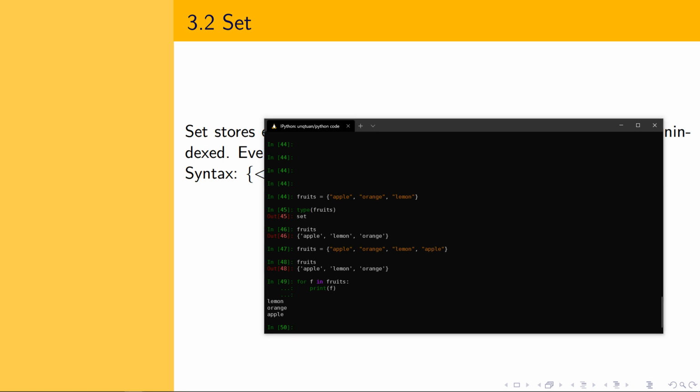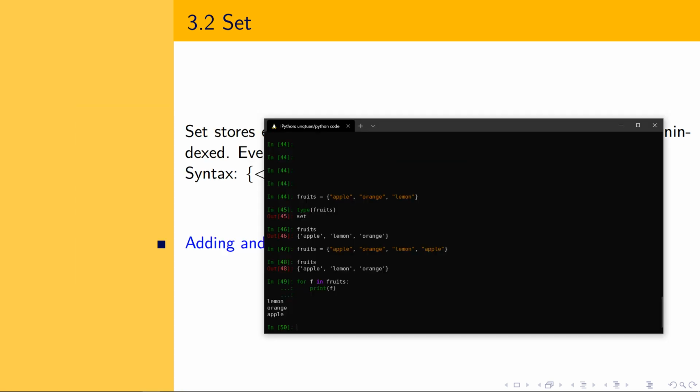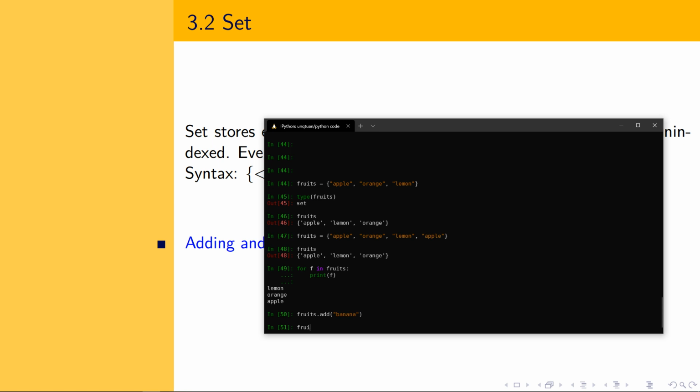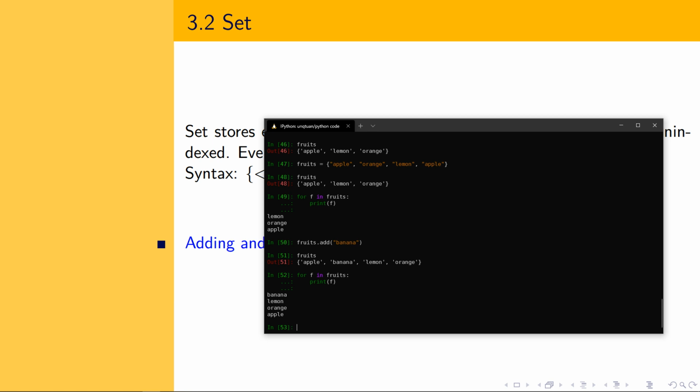The next thing that we talk about is adding and removing elements. So here, for example, you add a new item to a set. We use a built-in method add. So we have add, and you put here something like banana, and you will see it here, and you actually don't know what kind of order it is. So here banana is first, but here banana is second. So okay,